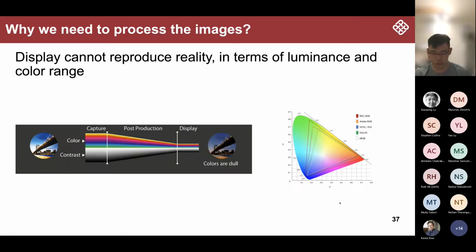Finally, I want to talk about something more related to HDR, or still the color appearance model. When we try to capture the real environment and show it on the display, we have to do some image processing or color management. This is mainly because the range of colors and the range of light levels in real conditions is much wider than the range we can see on the display. That includes both the luminance and the color range, or chroma level.